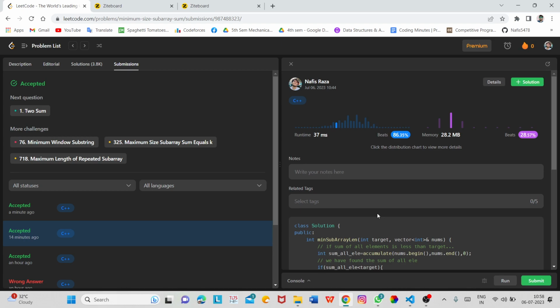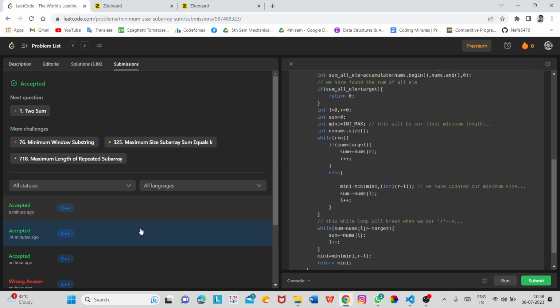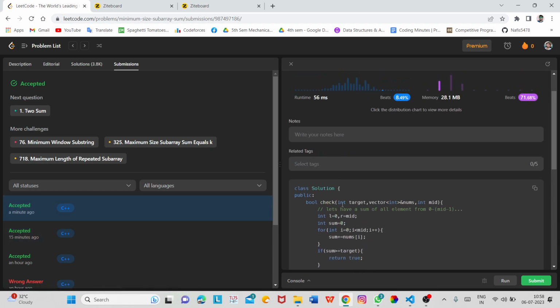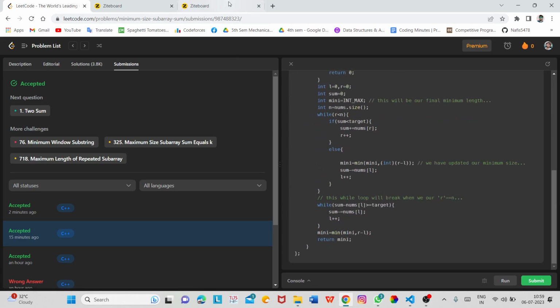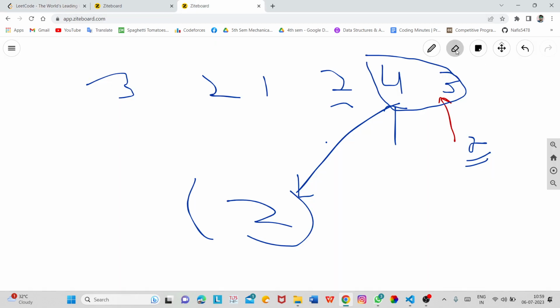So you can see that both methods are used here, and talking about time complexities for both methods, the runtime for the sliding window is less than the runtime of this binary search. This is because for our sliding window approach, the time complexity was order of n. So I'm going to write here the time complexities.